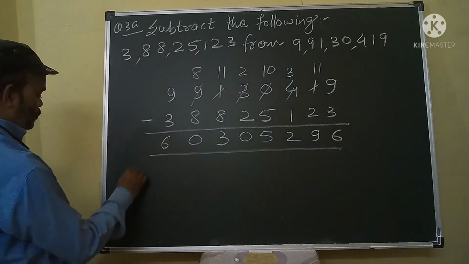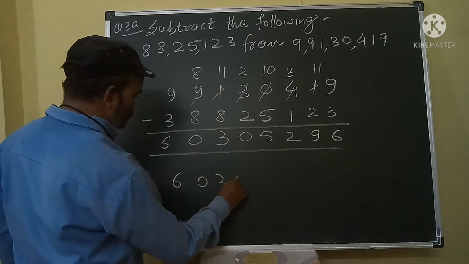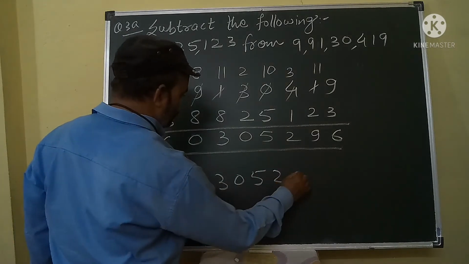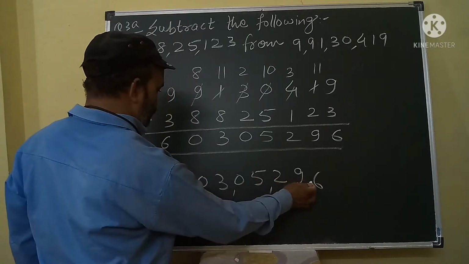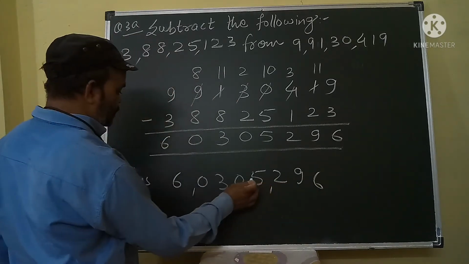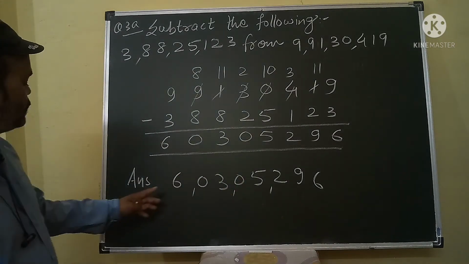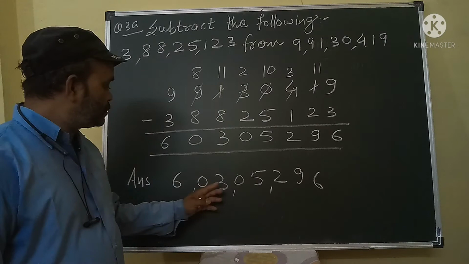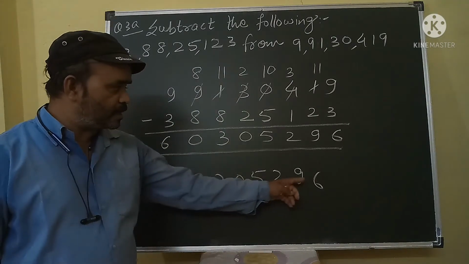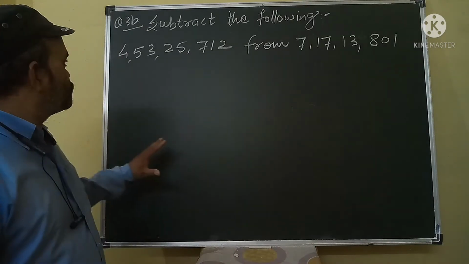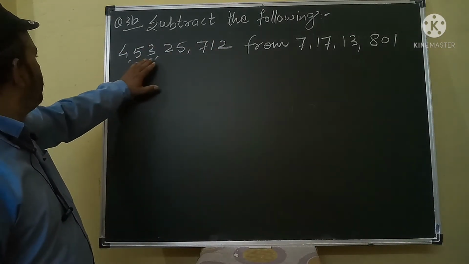So your required answer is ones, tens, hundred, thousand, 10,000, lakh, 10 lakh, crores. Answer is 6 crores 3 lakh 5,296. Your next question is subtract the following: 4 crores 53 lakh 25,712 from 7 crores